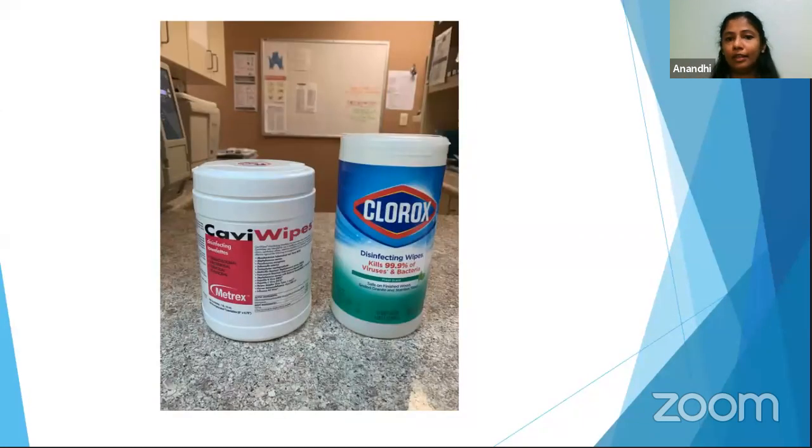If we see the patient cough or something happens, we have the Clorox wipes and Cavi wipes. They're very strong wipes. The Cavi wipes is usually used after the patient to clean up everything at the back office. The Clorox, we use in the front because it's not as strong as the Cavi wipes. So it's used to clean up the plexiglass that I showed you, or the countertop, the pen the patient wrote